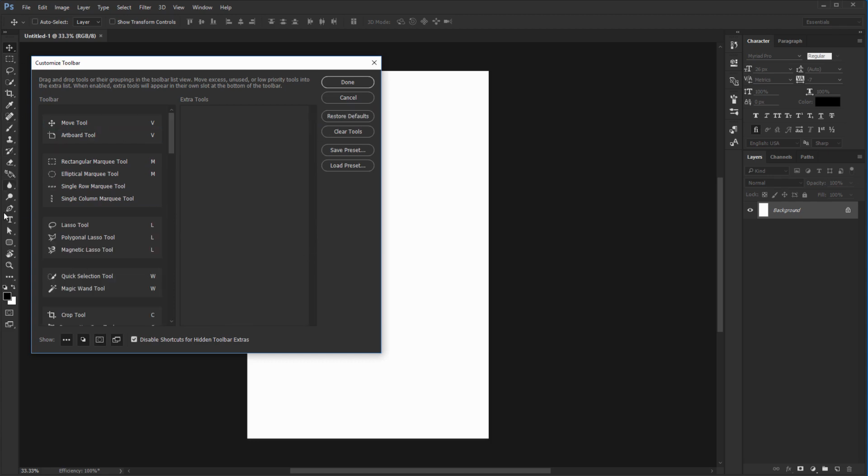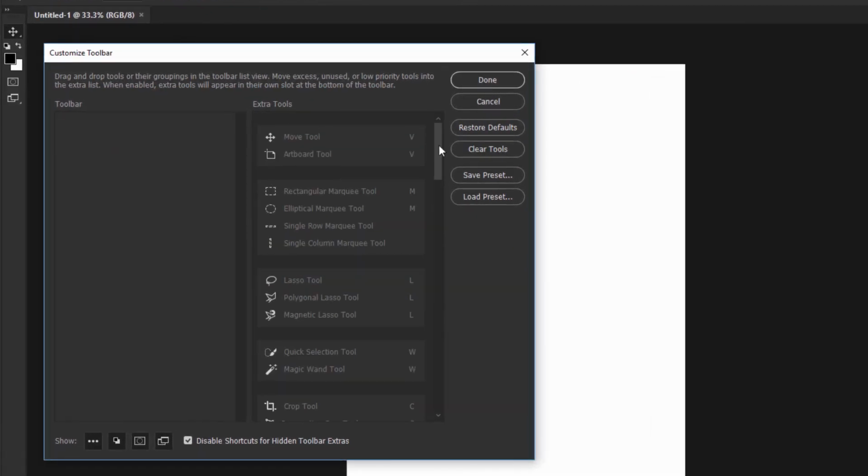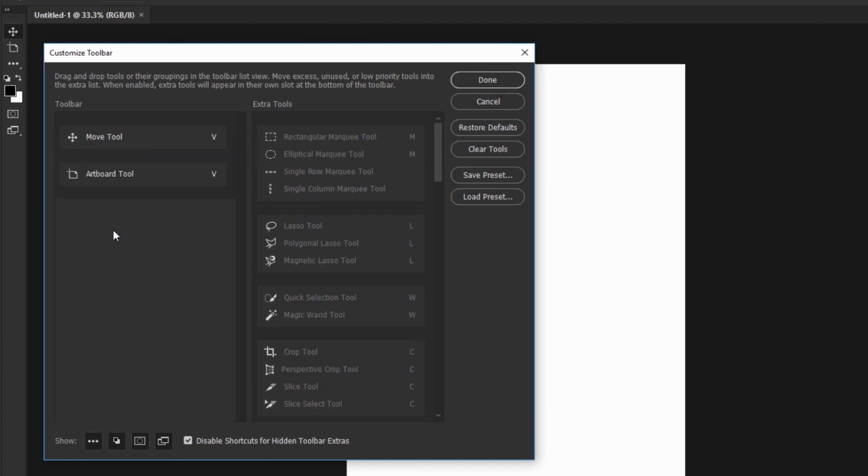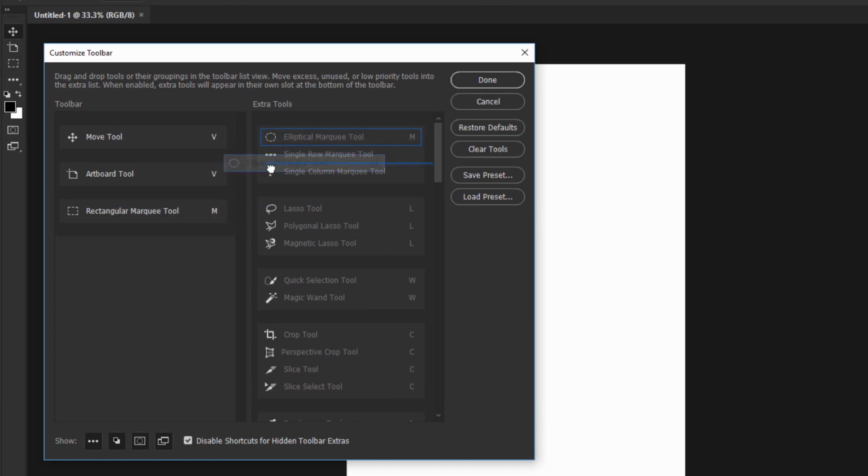Easy and stress-free. Okay, let's clear it again and I'll do this. I'll add the Move tool because that's implicit. It works by dragging and dropping, so it's really easy to do. I want the Artboard tool too, but I don't want it combined with the Move tool, so I'll move it underneath. Regarding the Marquee tool, I only want the first two, so I'll add one, and for the other, when